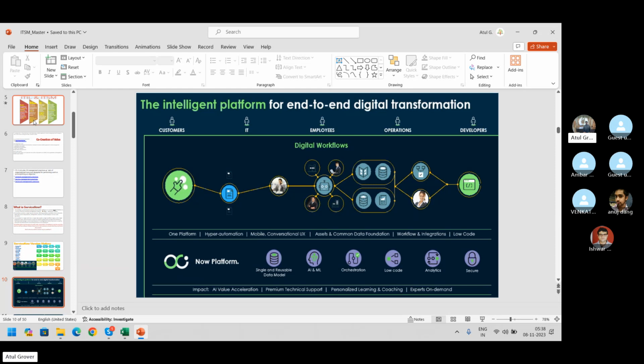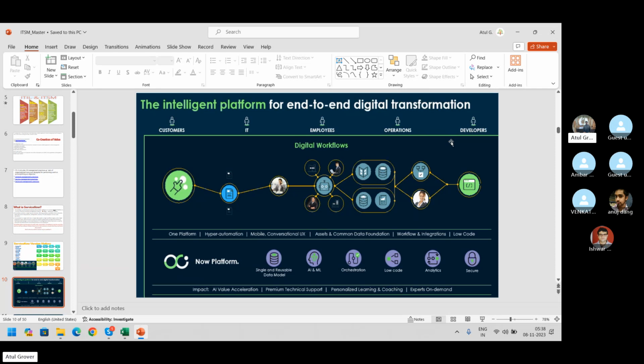Just to understand more, number 1 is customer, number 2 is IT, number 3 is employee, number 4 is operation, number 5 is developer. Mainly these 3 are the workflows and these 2 are the teams who use this or take benefit of this. What does this mean?